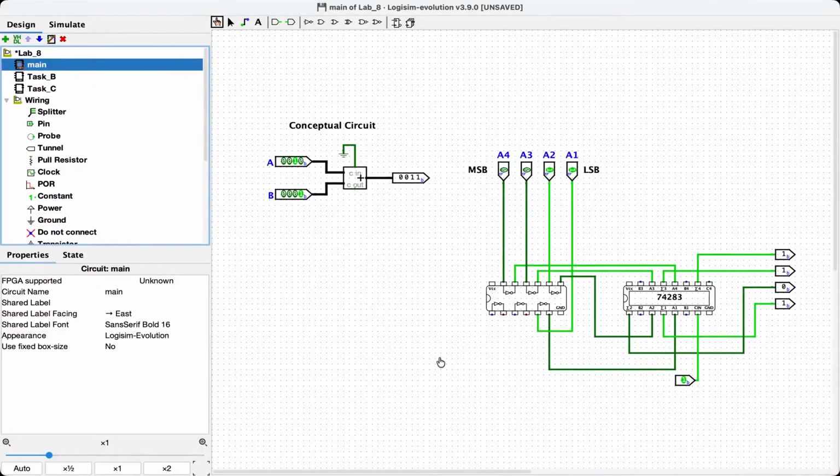All right, welcome to Lab 8. The goal of this lab is to take a 4-bit binary number and change it into sign magnitude, ones complement, and twos complement. So for the first task that we have, we're going to focus on doing the